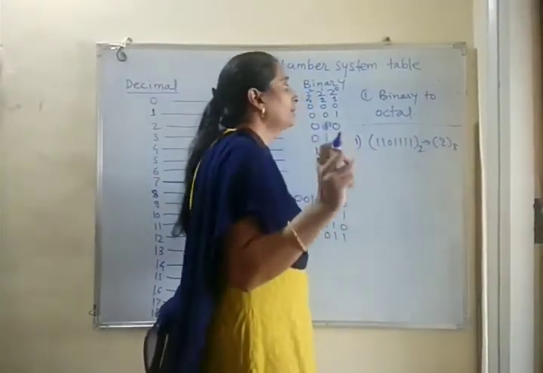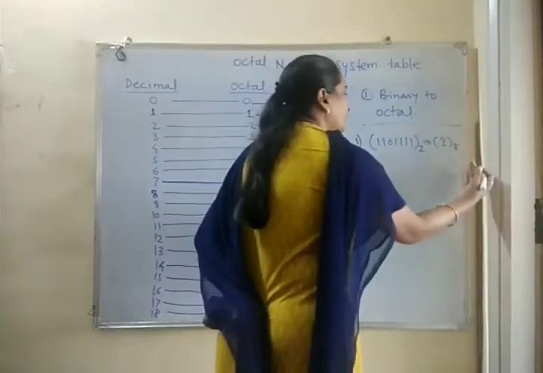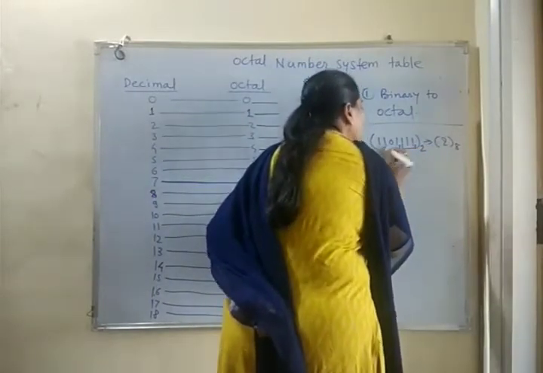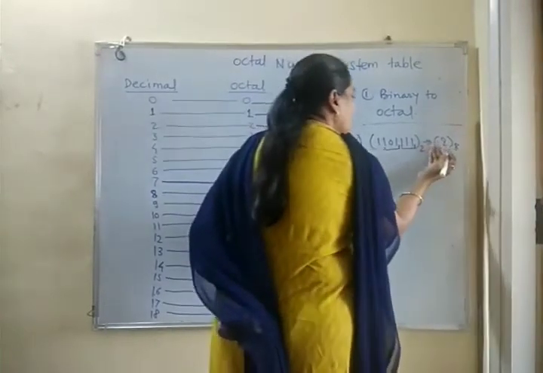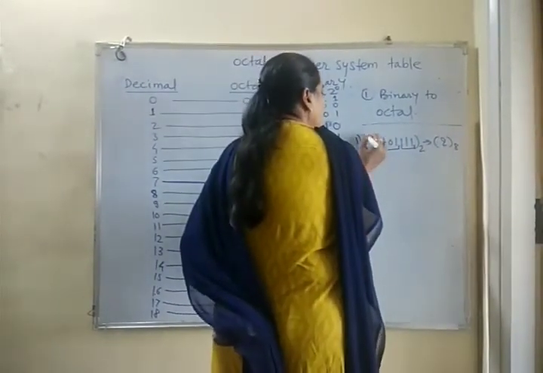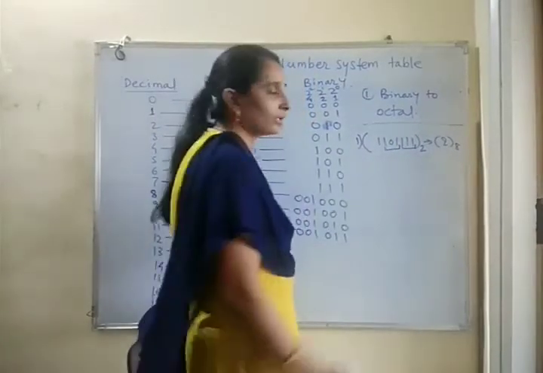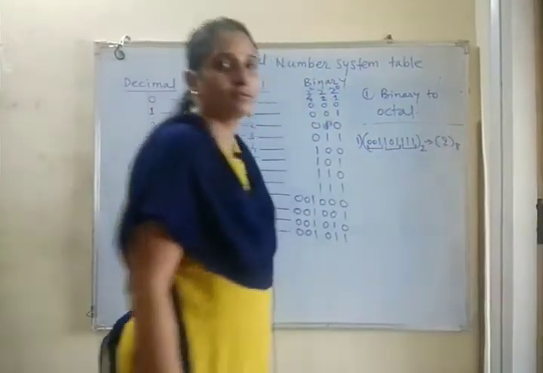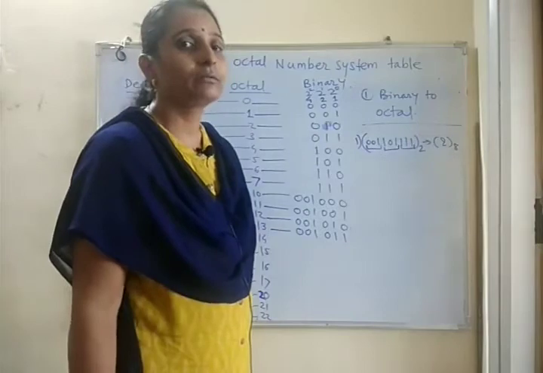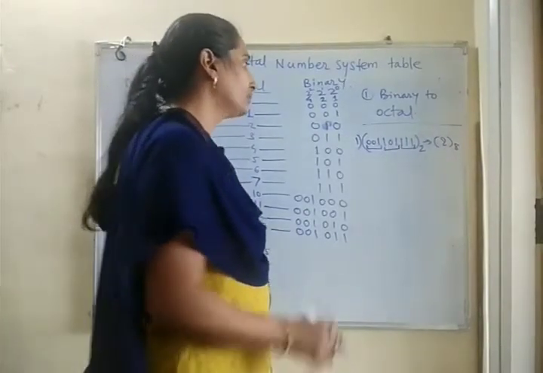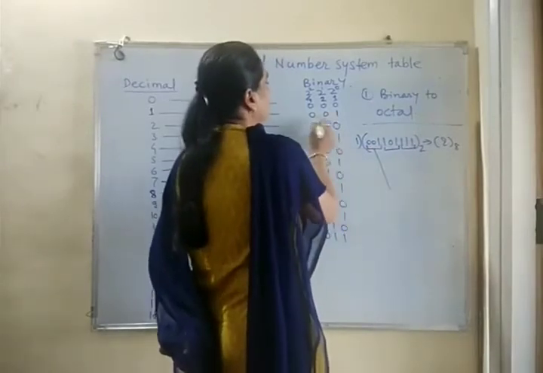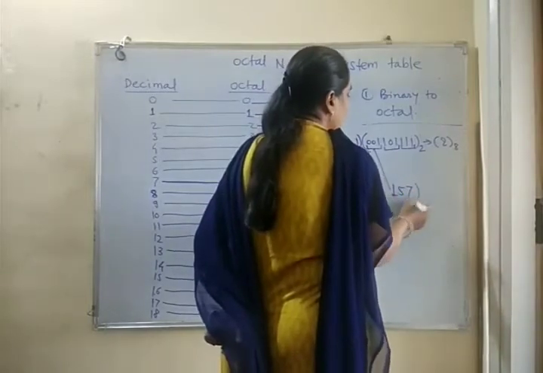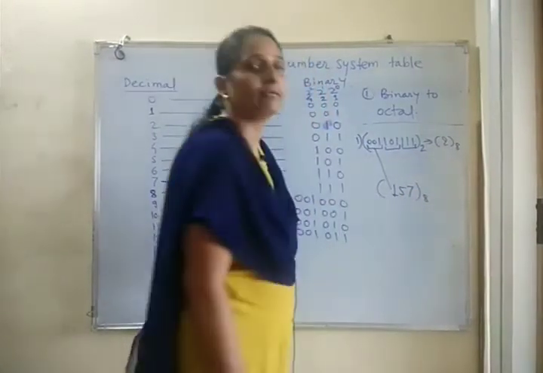See here, while doing binary to octal conversion, starting from right to left, you have to group it into 3-bit binary combinations. Now see, here only one bit remains. In front of this you have to put 2 zeros to complete this group. Don't put 1, you have to put only zeros. Now check the representation. 001 means 1. 101 means 5. 111 means 7. So this is your octal number 157.